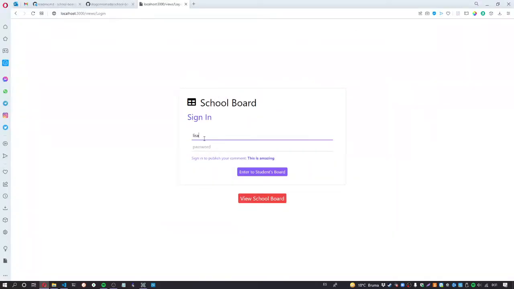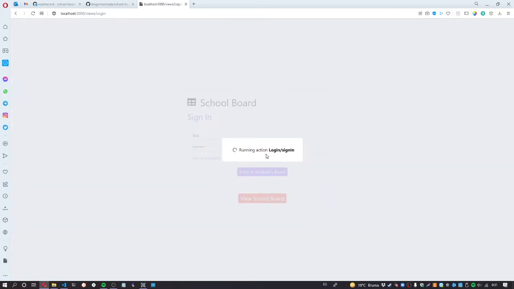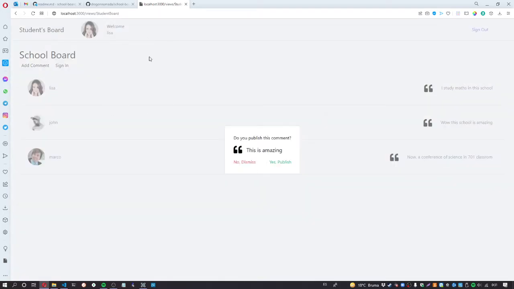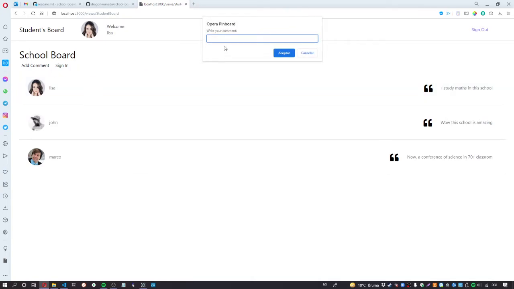Okay, Lisa Simpson, enter student board, and automatically see this modal: do you want to publish this comment? This is amazing. Now yes, publish. If you don't want to publish the comment with this user, dismiss. If you add again some comment, you can put this is my school,